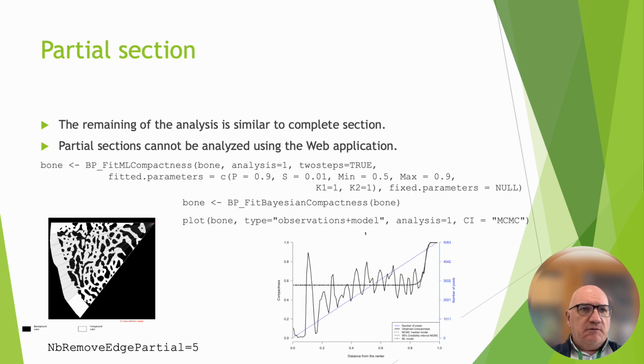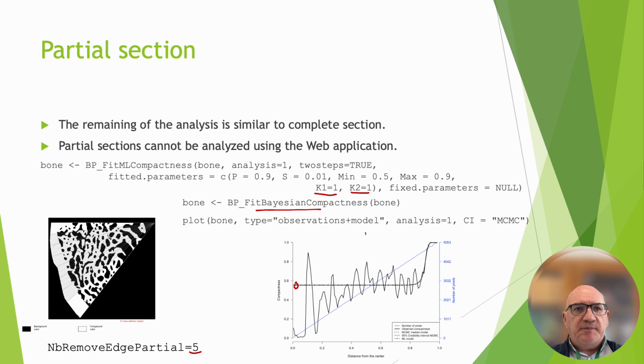Here we use directly 5 to be sure to exclude the part of the section that could be very close to the border of the bone, and we fit directly a maximum likelihood fixed model. We do not use first a fit with logistic and then fixed. We directly fit a fixed model with these K1 and K2 parameters that are specific to the fixed model. Then we use a Bayesian version of this model, and we can plot the results, and we plot the fitted models here